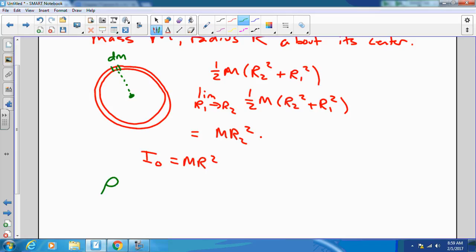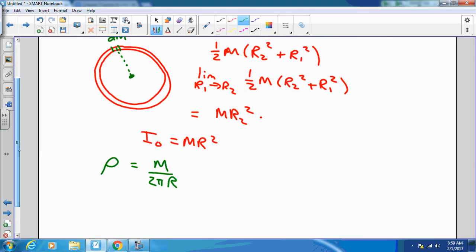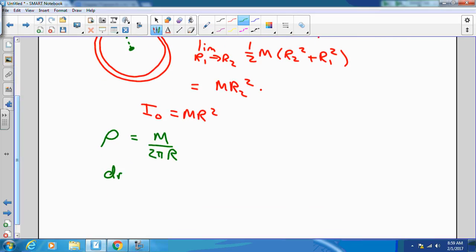So that I can write the density of the mass distribution of the hoop as the entire mass divided by the entire arc around the circle, which is 2 pi times the radius of that circular hoop. And I can say therefore that dm is equal to density times a little piece of distance around the circle,